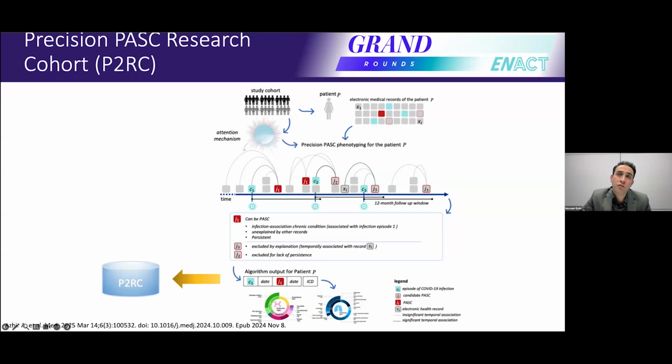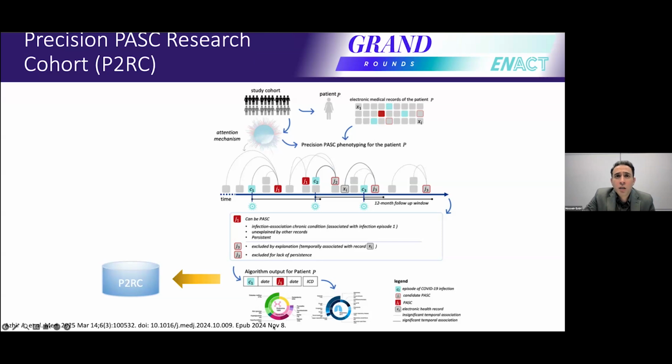So in each individual patient, a symptom or a diagnosis can become long COVID. The same diagnosis for another patient may not be long COVID. An example is, shortness of breath after COVID could be long COVID for a patient that didn't have anything in the past that explains that. But in a patient that had asthma before, it's probably not long COVID, unless it's an exacerbation of shortness of breath. So this is how implementation of the algorithm allows flexibility to identify individualized incidents of long COVID.